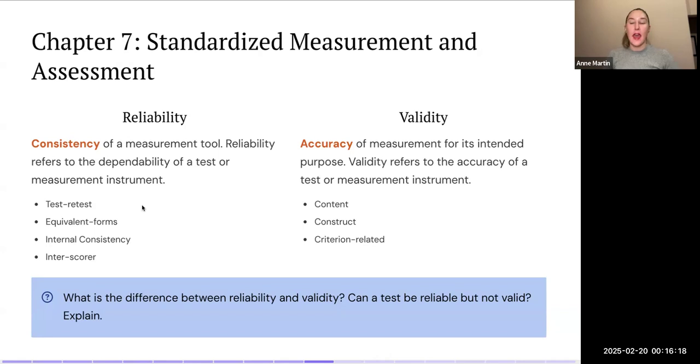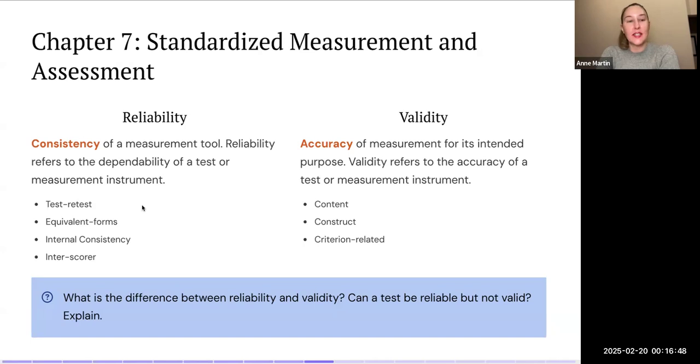It might be a criterion-based assessment. It might be norm-referenced. It might be an achievement test. It might be aptitude. So we talked about some of the different types of measures that you might be using. And then we talked about how to evaluate the quality, thinking about the reliability and the validity of those specific measures. So the reliability of a measure has to do with the consistency of that tool,